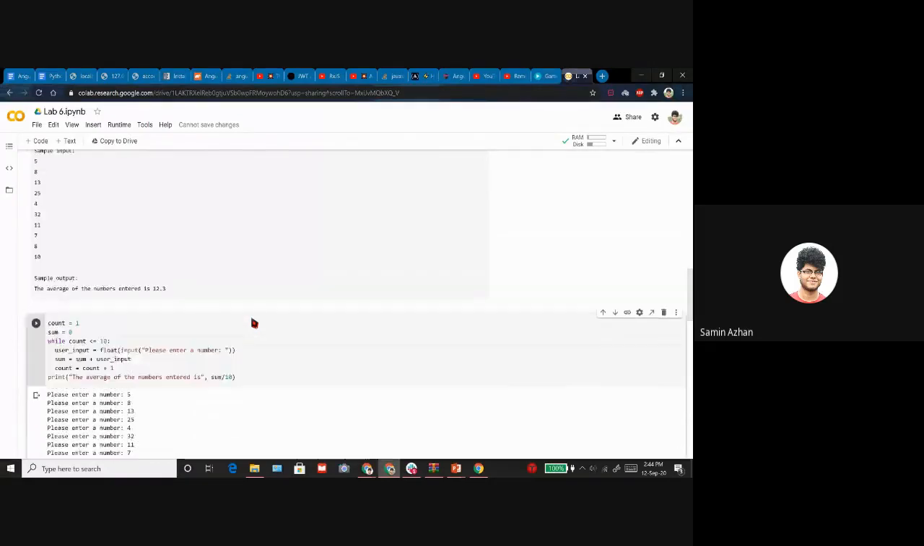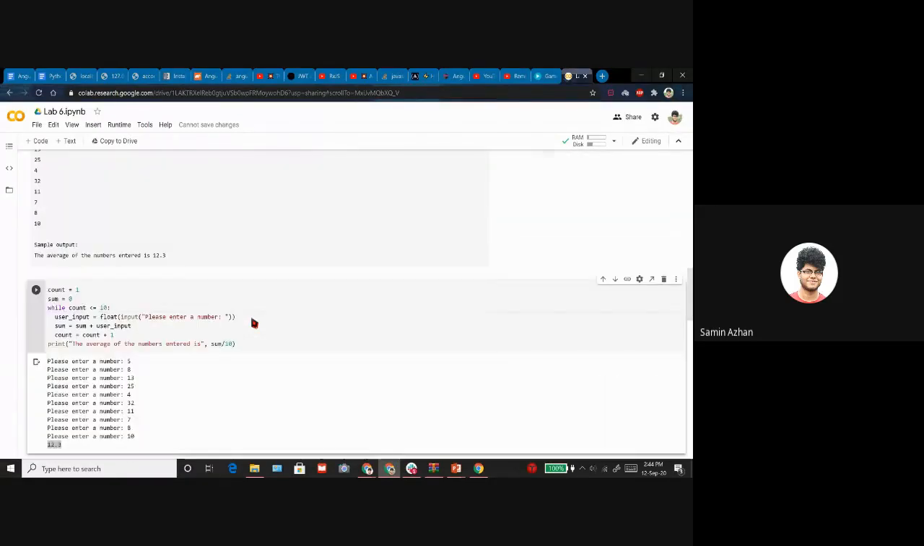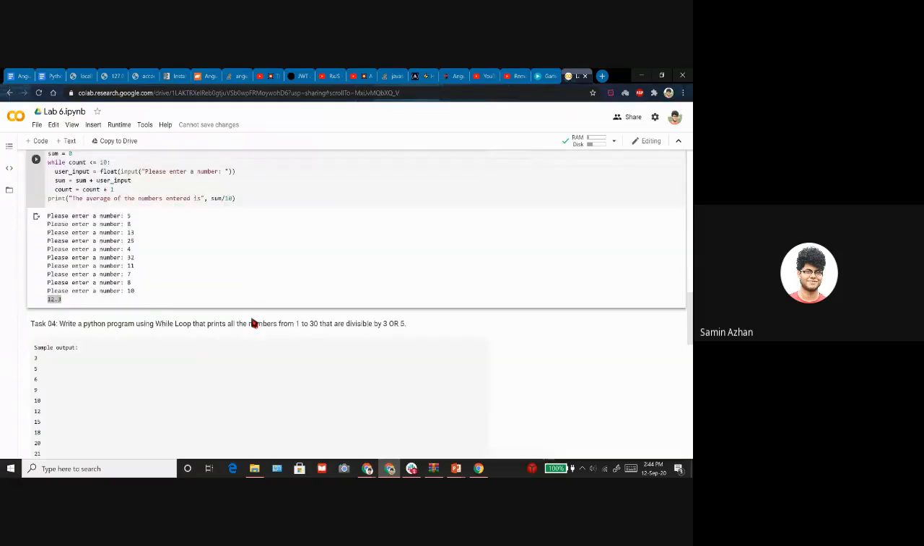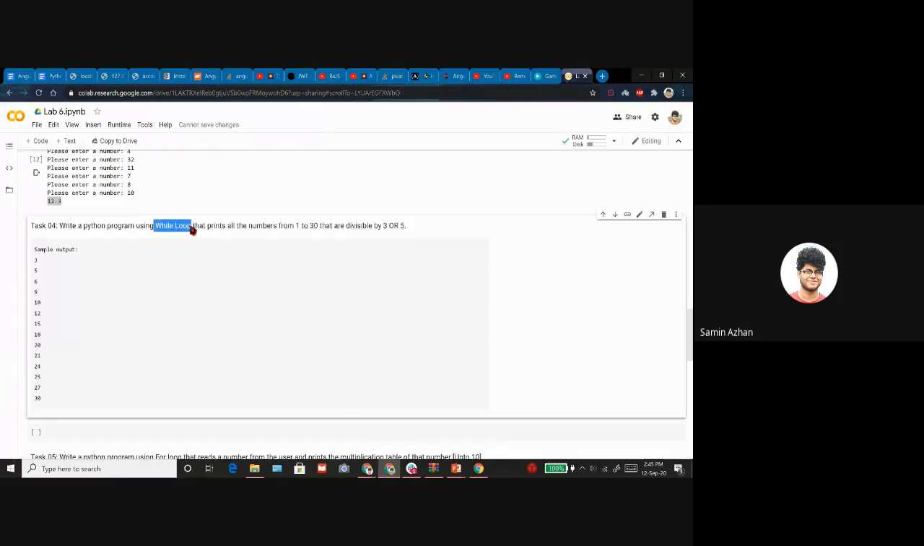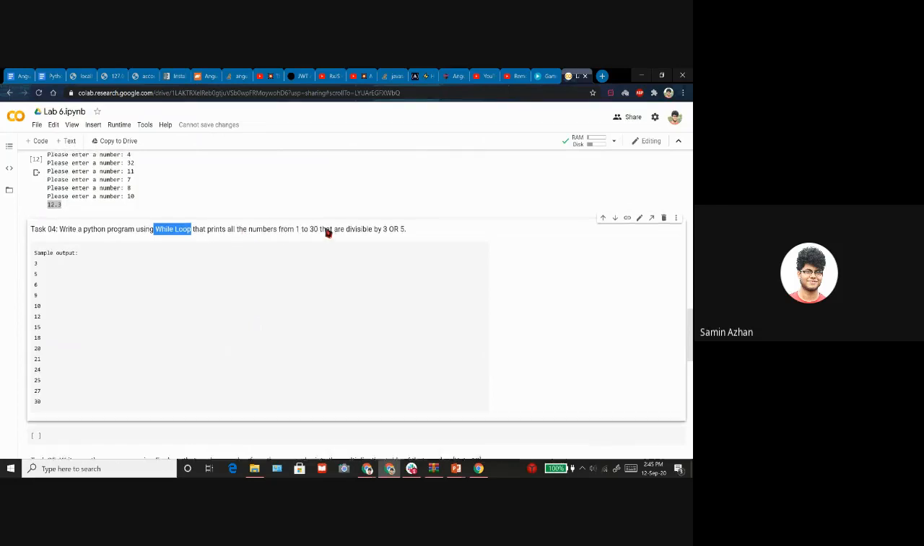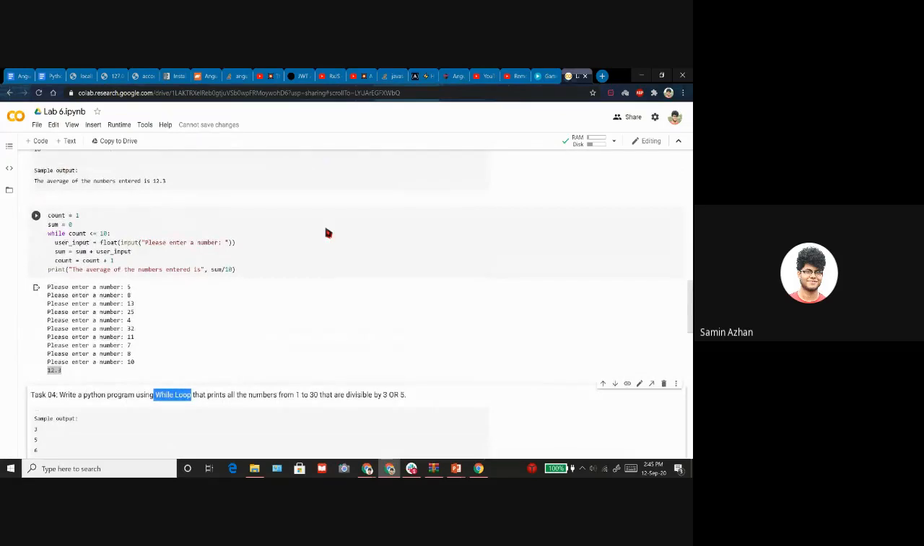We saw examples of for loops, and now we saw examples of while loops. So the next task tells us to use a while loop. This time we don't have an option. We have to use a while loop that prints all the numbers from 1 to 30. So again, we have to take a range. This time, if we use the count variable again, we have to check if the count is less than or equal to 30